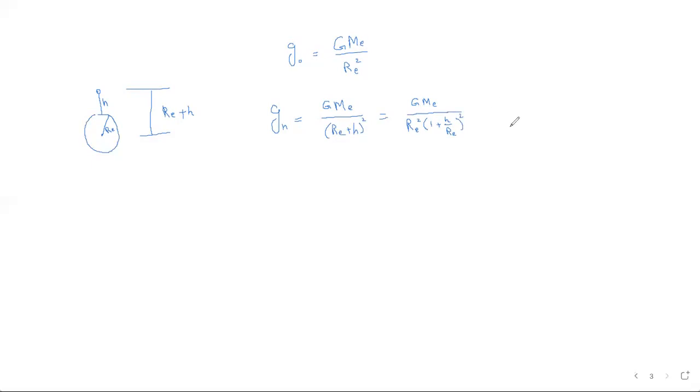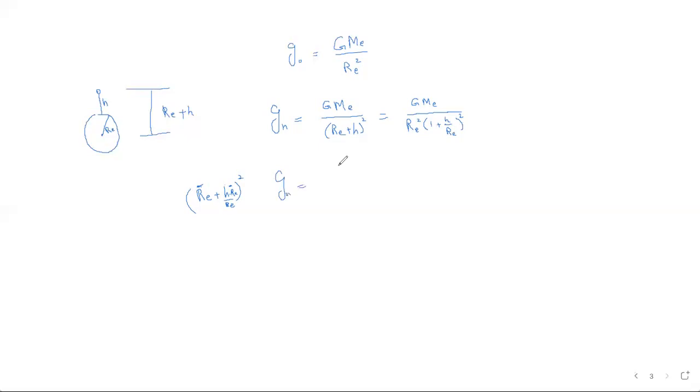Sorry, again. So here I have RE plus h and its square. If I say that RE is a common factor here, you can see that RE is not in fact the common factor, but I can presume it like this. Now this is out and we are left with 1 plus h over RE and its square. Now we rearrange this equation again.